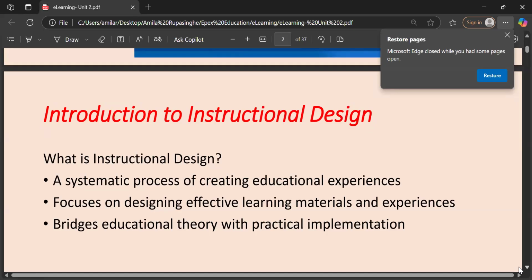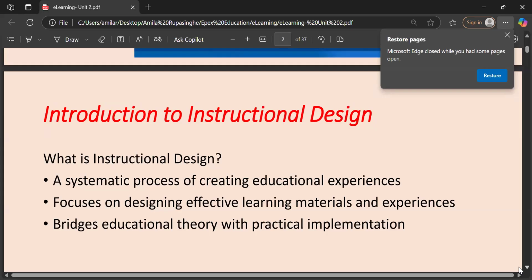This designing focuses not only on experience but also on learning materials. That's why I told you learning materials are important, and teaching methodology is important as well. If I give you text materials to read, your learning experience is reading text material and understanding.